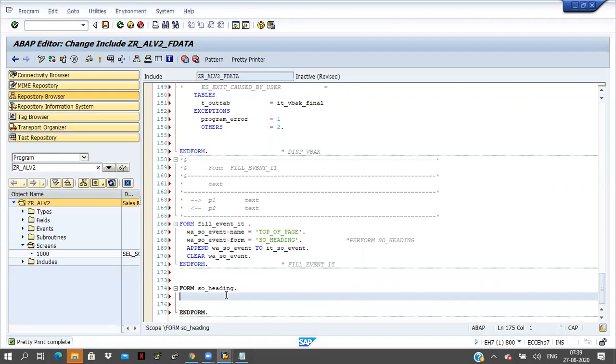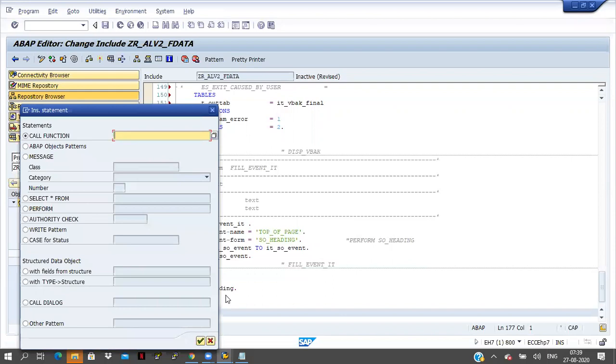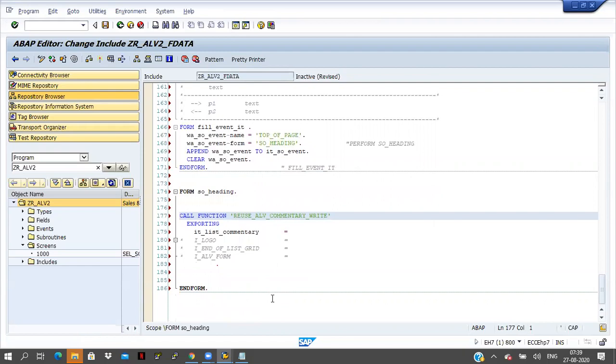By using a write statement we cannot display the data, right? So by using one function module, they use REUSE_ALV_COMMENTARY_WRITE. Okay, so this is the function module. By using this function module I can display the data, right? And here it is asking me to export some internal table. But I don't know how to declare the internal table.